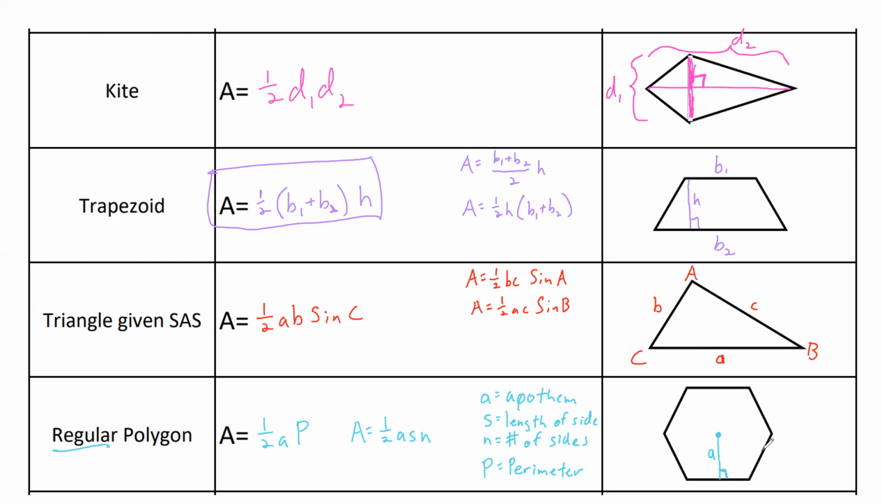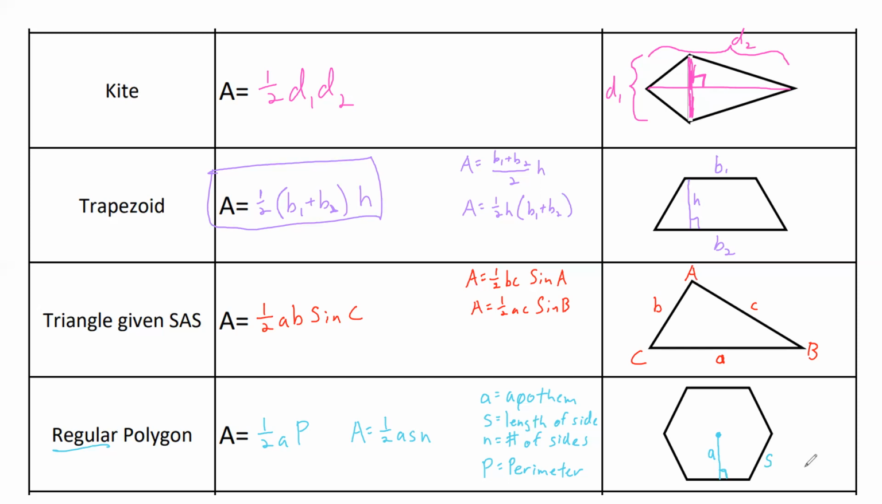So on here, labeling important pieces, I have my apothem. I have the length of a side. Those are things that I could label here. Now, I had two different equations. I had either 1/2 AP or 1/2 ASN. Well, P, how would you find the perimeter of a regular polygon? If I knew the length of one side,